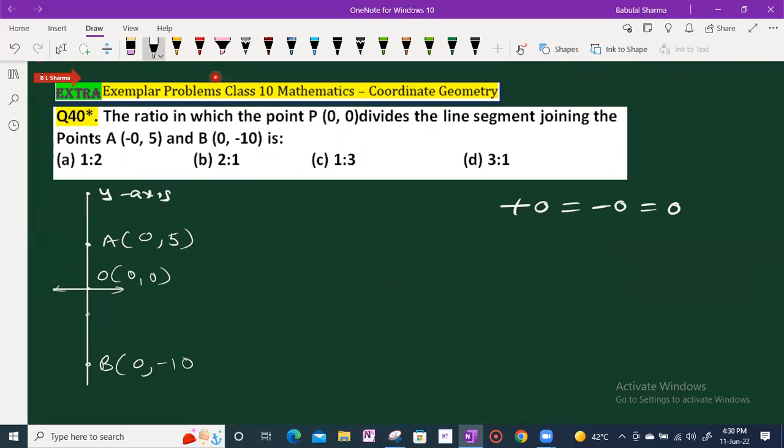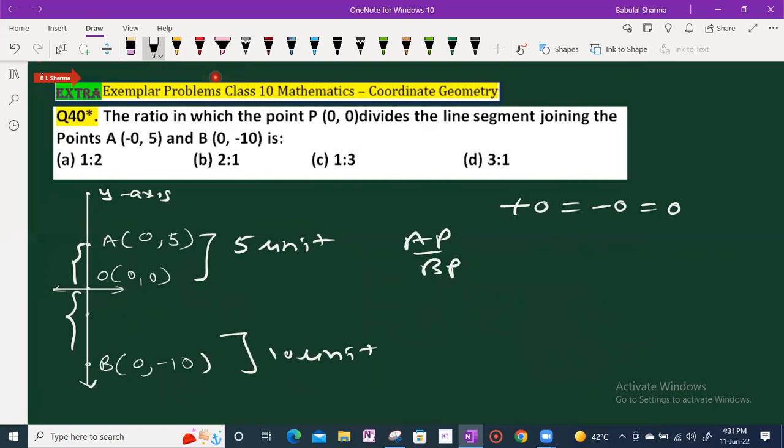Okay, देखिए this portion is how, what is the distance here? That is 5 unit because it is given 0, 5, and this is 10 unit. You don't take minus 10 because minus तो आपको direction show करता है. ये unit है आपका 5 unit, ये unit है आपका 10 unit. So you can say AP upon BP, that is 5 by 2, 5 by 10, that is 1 by